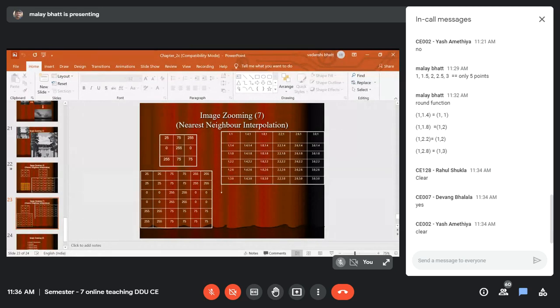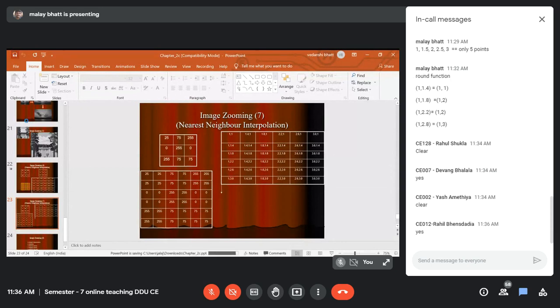It is not necessary that you will always get values similar to pixel replication, because it is based on the nearest neighbor. 1.4 is very close to 1, so that's why we are considering the value like that. I hope things are clear. Any query in this method?